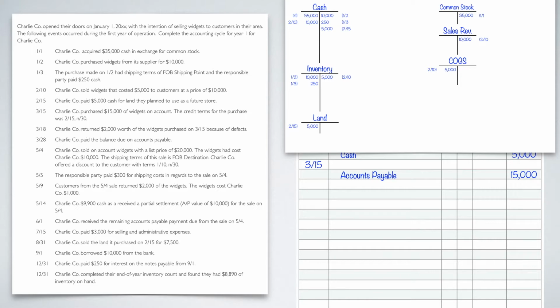And what is our debit going to be? Well, what do we get? We got inventory. So we're going to debit inventory for that $15,000. Now notice the discounts didn't come into play yet because remember, we don't know what the discounts are until we actually pay it, like what date do we pay it. But if you look at the terms, it says 2/15 net 30. And just to review, the first one is the discount. So they're offering us a 2% discount on whatever we pay off of our accounts payable within 15 days, but we have to pay the entire thing off in 30 days. So that's just what that means.